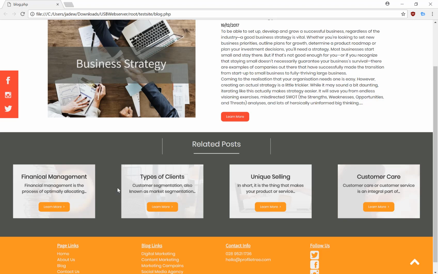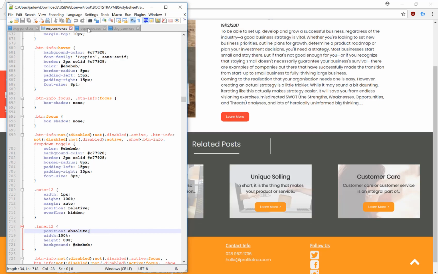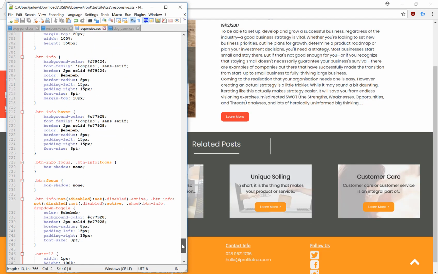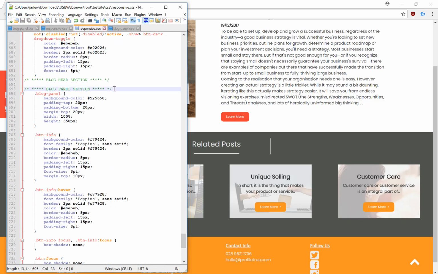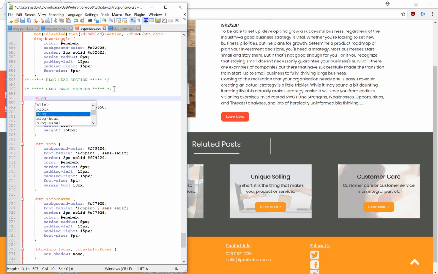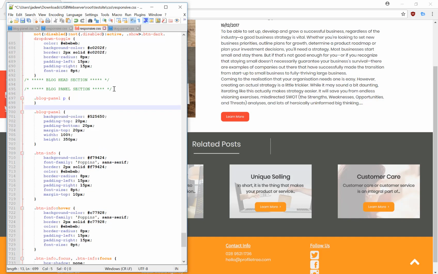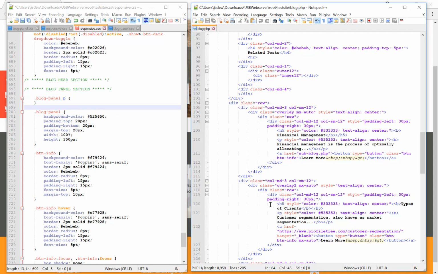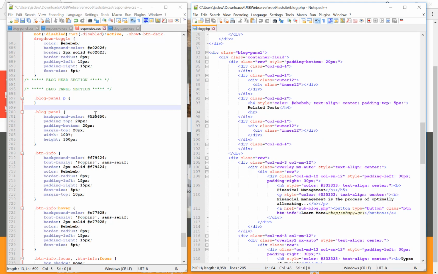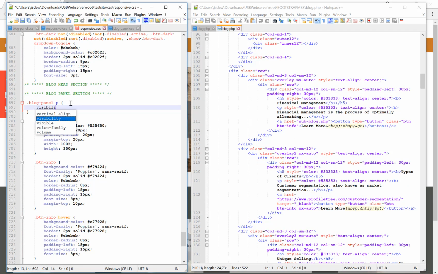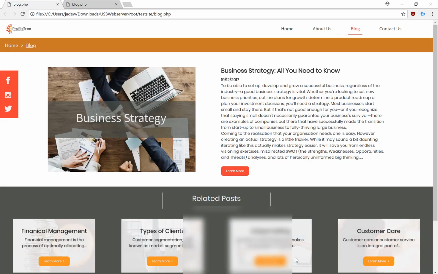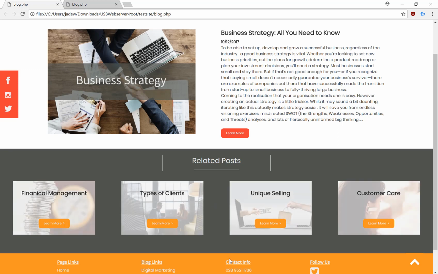The paragraph text shouldn't be showing up here, so I'm just going to edit this CSS so that the paragraph text is hidden until you hover over it. Blog panel, and I think that's the only paragraph text within the blog panel. I'll just make sure here. Yeah, so visibility is hidden for the p tag, so I'm just going to test this out to make sure that the actual paragraph tag has disappeared. Yeah, so now you can see that the paragraph has been hidden,